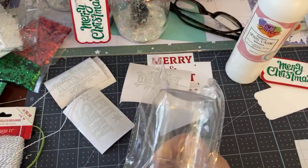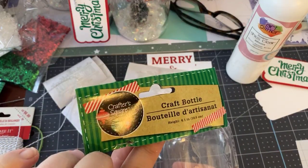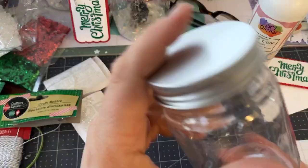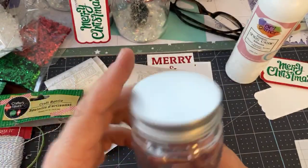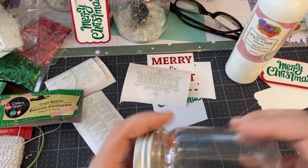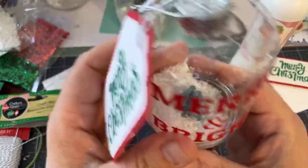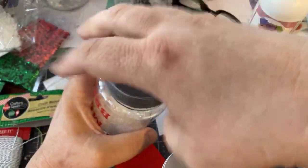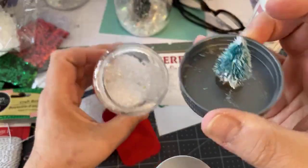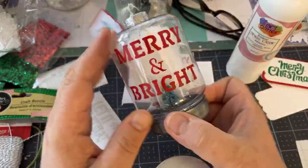Okay, so let's work with this. So this is a craft bottle from Dollar Tree, Crafter Square. I paid $1 because it was from Dollar Tree. And you could do this a couple of ways. I've done it both ways, but we want to put, with this particular one, it almost screams that you have to put it on here. So what I did was I took the cover off and I glued a little tree. That's all I did, glued a little tree, poured some snow in there, and closed it up,